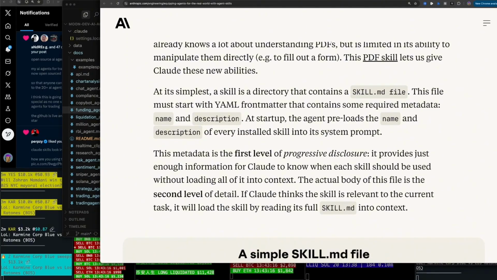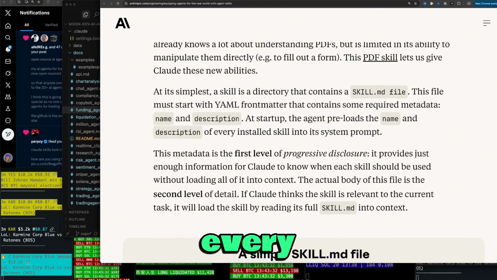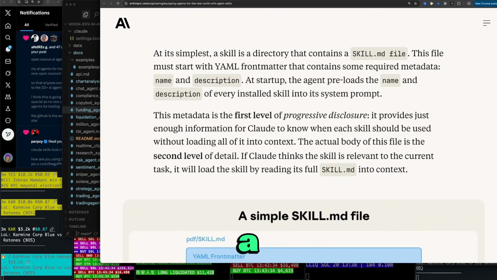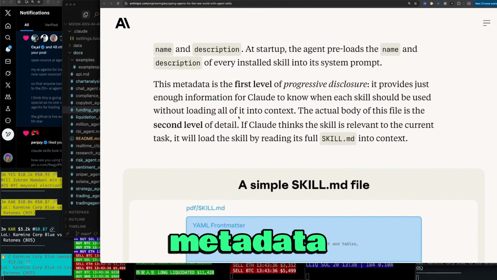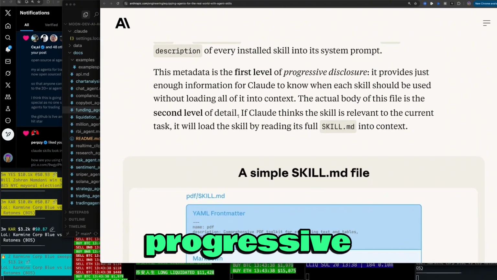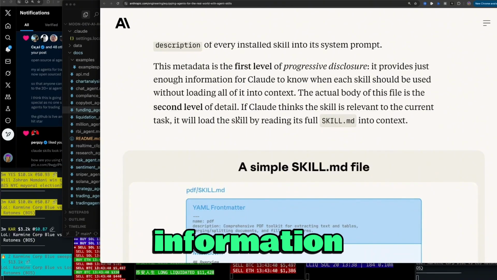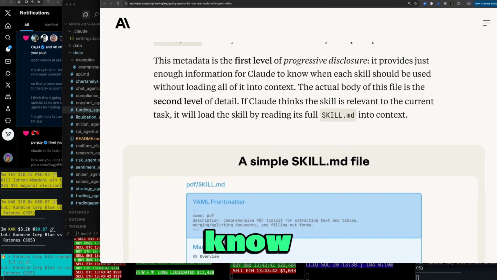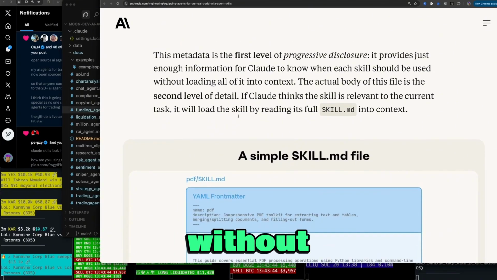abilities. At its simplest, a skill is a directory that contains a skill.md file. This file must start with a YAML formatter that contains some required metadata like name and description. At startup, the agent preloads the name and description of every installed skill into a system prompt. This metadata is the first level of progressive disclosure. It provides just enough information for Claude to know when each skill should be used without loading all of it